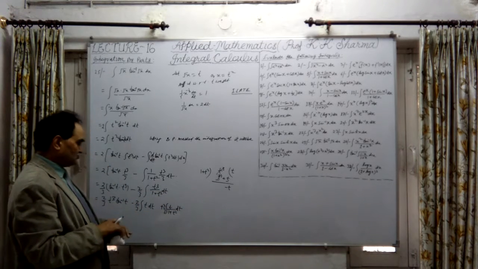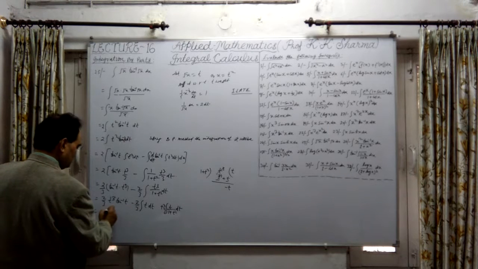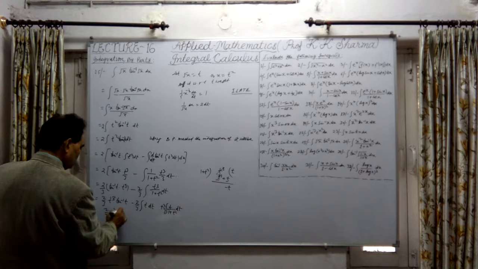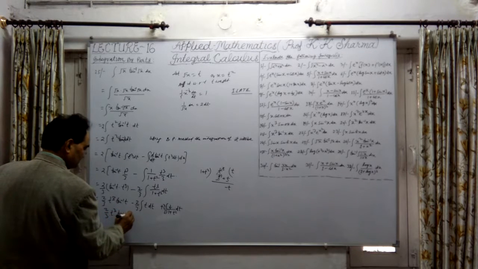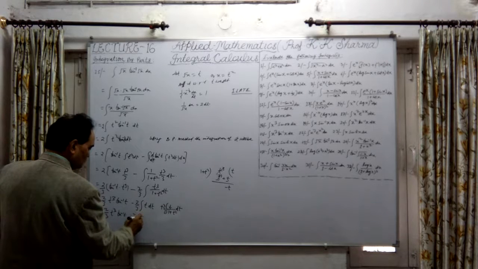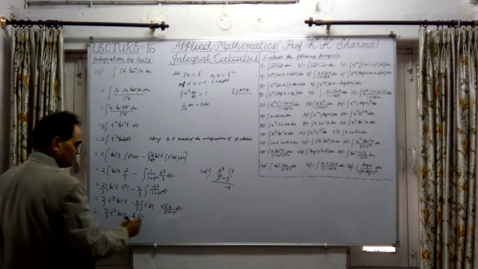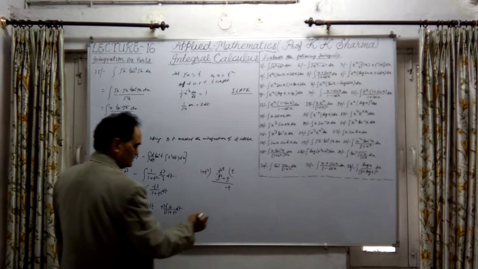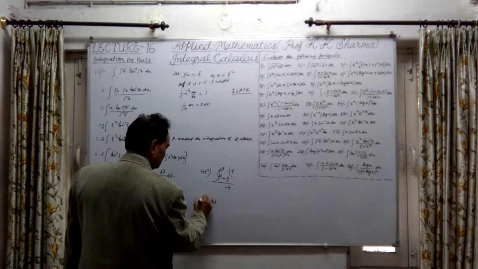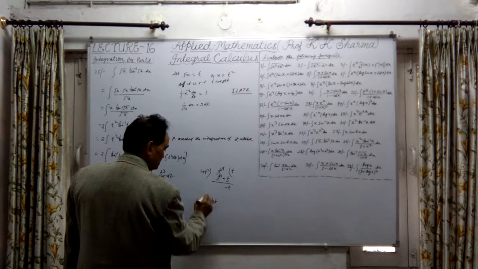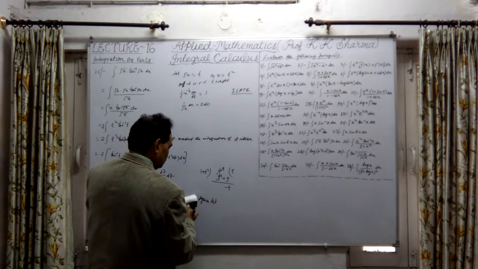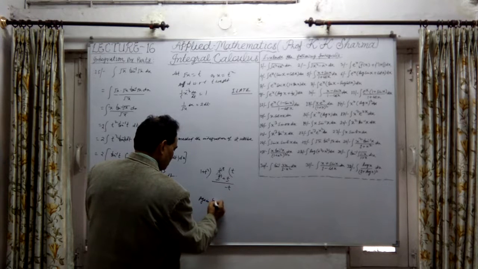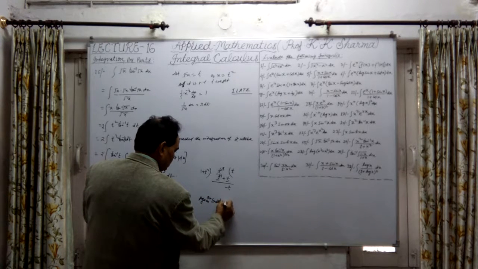In the last one, up to this, let me integrate: this is 2 upon 3 t cubed into tan inverse t, first part, this is minus 2 upon 3 into t square upon 2, this will cancel out, and in this we will get 2 upon 3. Now again, on substitution,